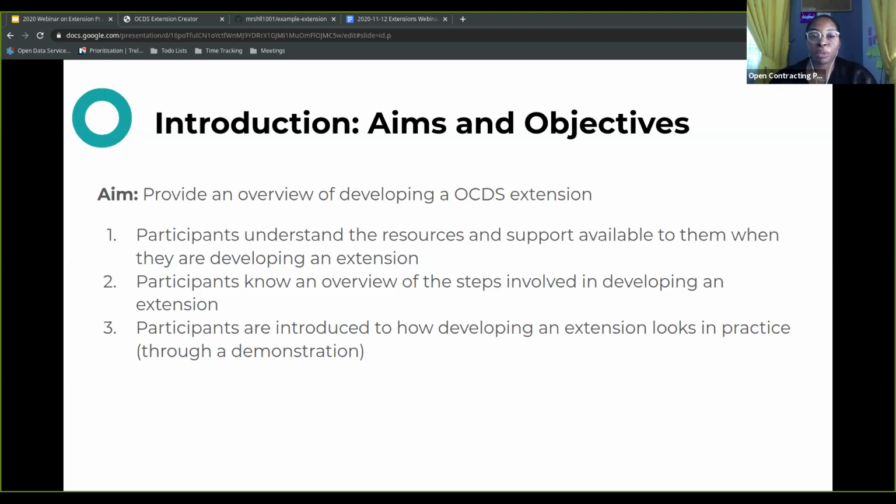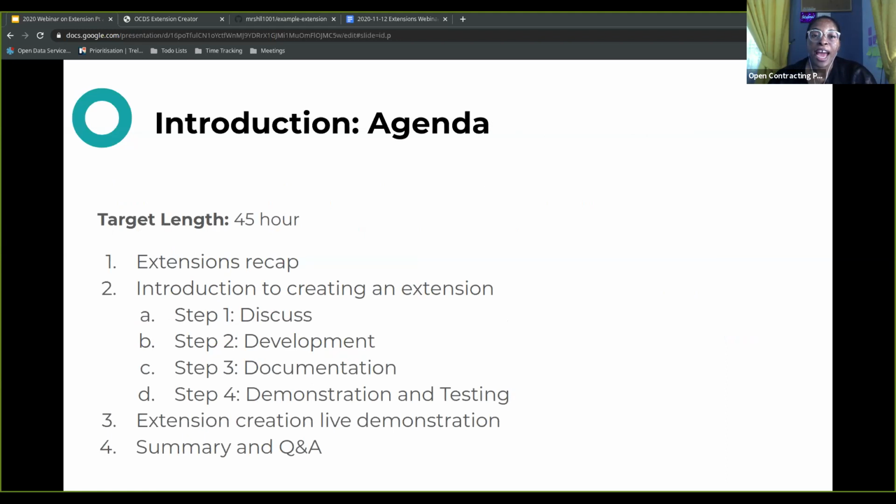So we'll be having a demonstration today. And the target length of today's session is about 45 minutes, and we'll leave room at the end of the session for any questions. We're going to start off with a recap of the previous webinar on using OCDS extensions,